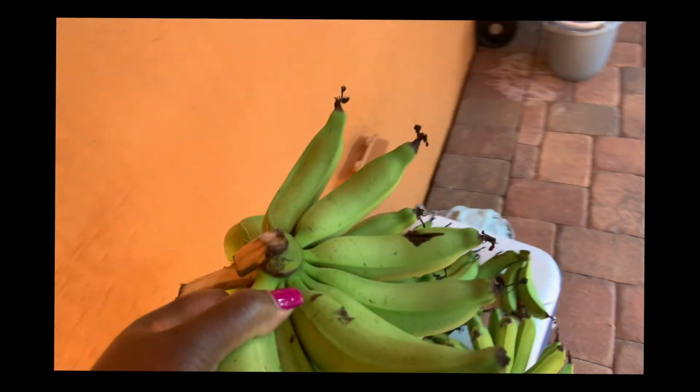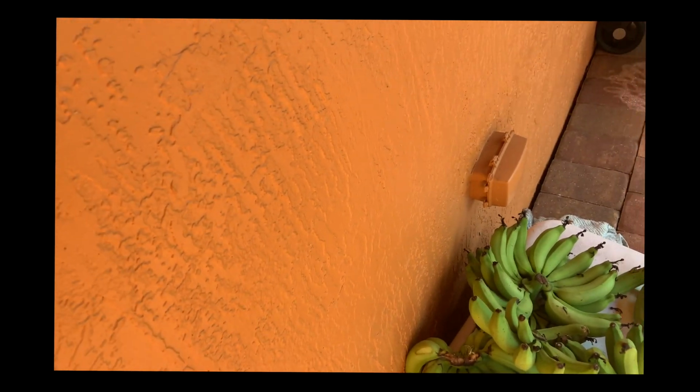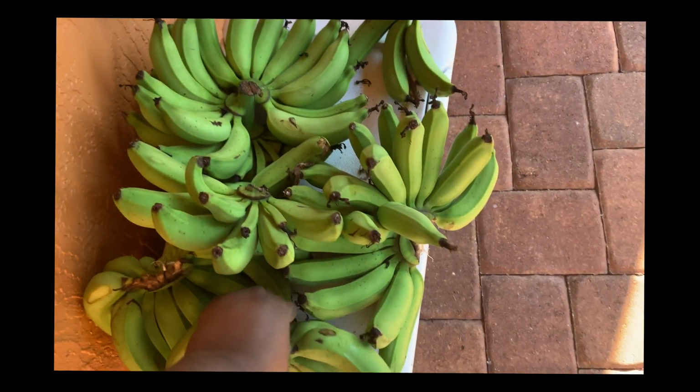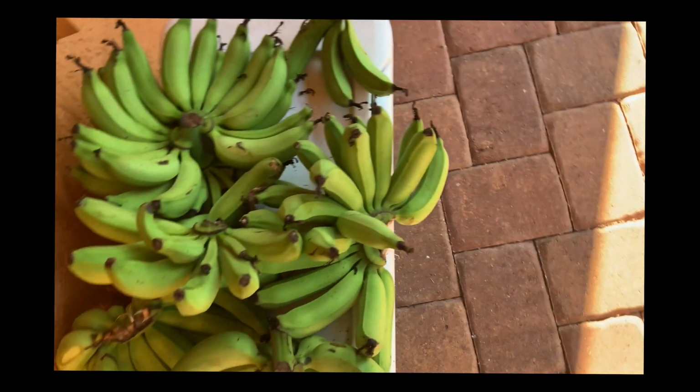I don't know how to put these in the kitchen can. Hold them on, just hold it underneath. Thank you. They're small, so I'll probably cook a lot since they're so small. Oh, there's a little